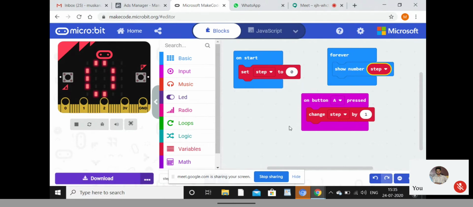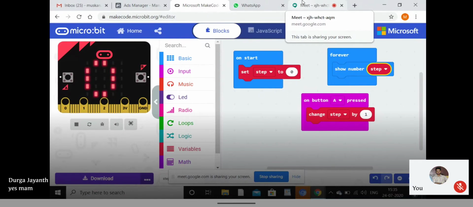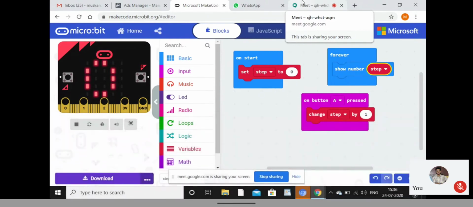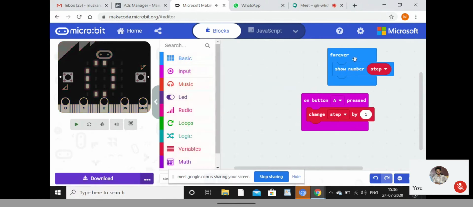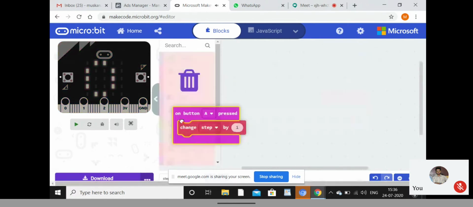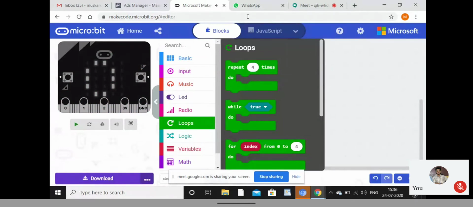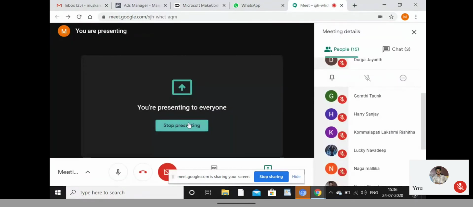Are you understanding or not? Yes, ma'am. So many programs you can do with this. Okay. And our next program is compass. I know so many people have already done compass in this micro:bit. Samanvi, done? No, ma'am. So okay, now we will understand the compass program. Just give me 1 second.